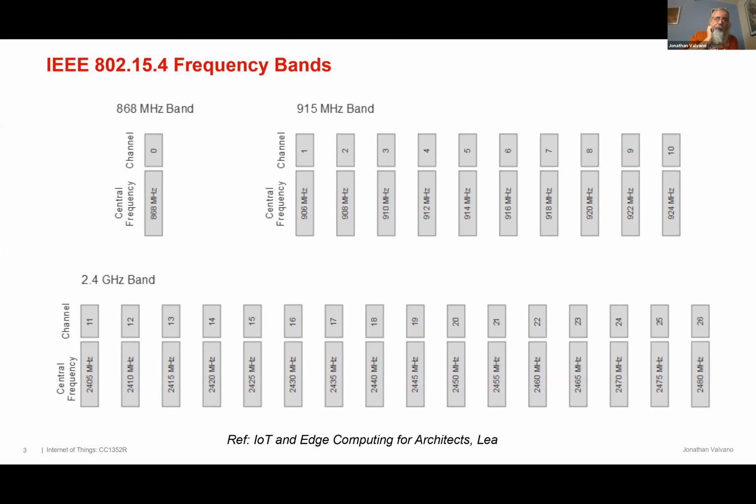And so it's a pretty crowded channel. And so for this lecture, we're going to end up in the 915 megahertz band. And notice there'll be channels, okay? These are small